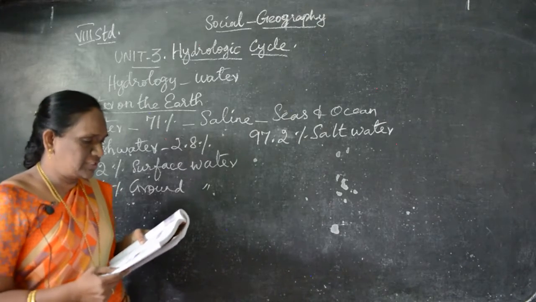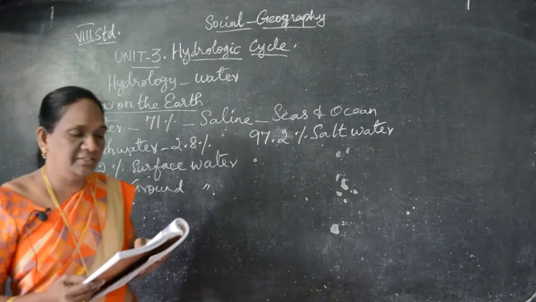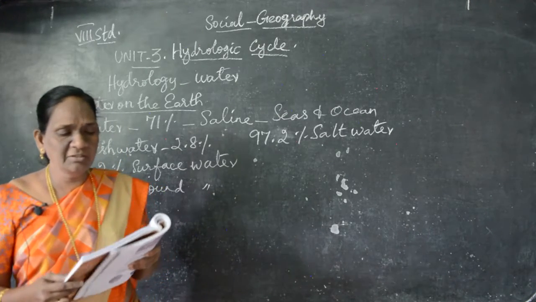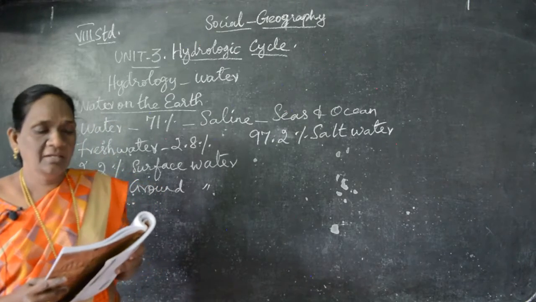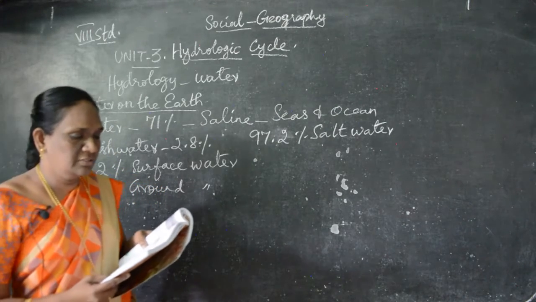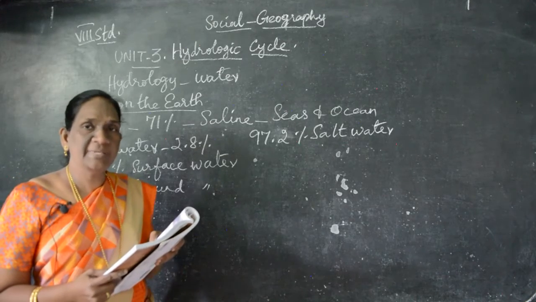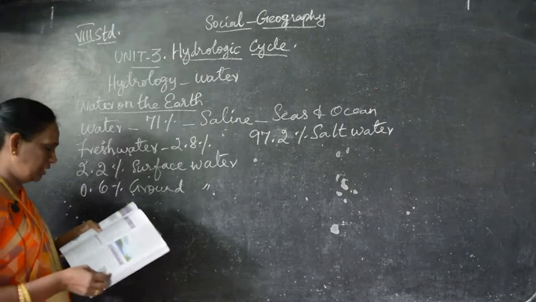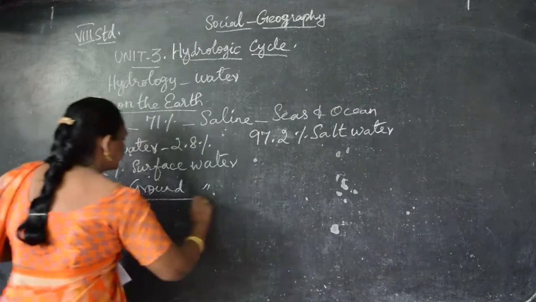Okay, we'll proceed then. The water resource is very useful and very potential to the human beings. And what are the forms of water that are available? There are three various sources of water which are available in the world. That is precipitation, surface water and groundwater. Understand what they are? Precipitation.